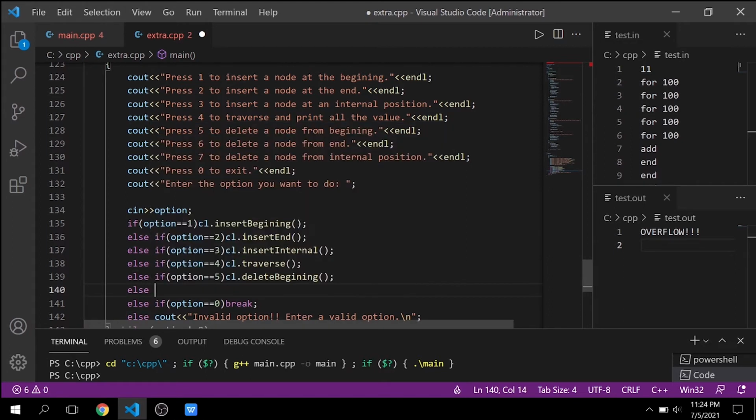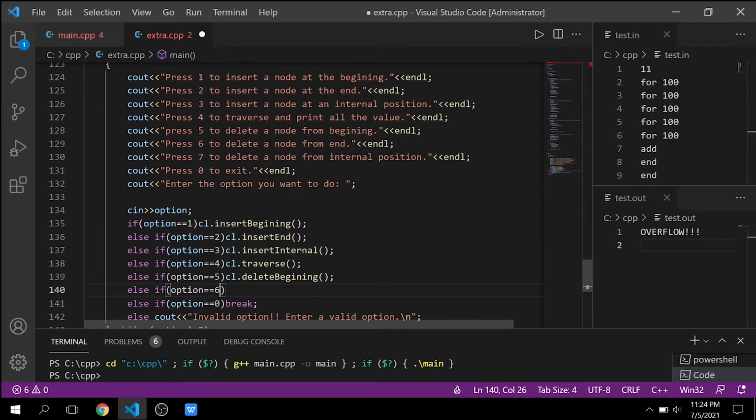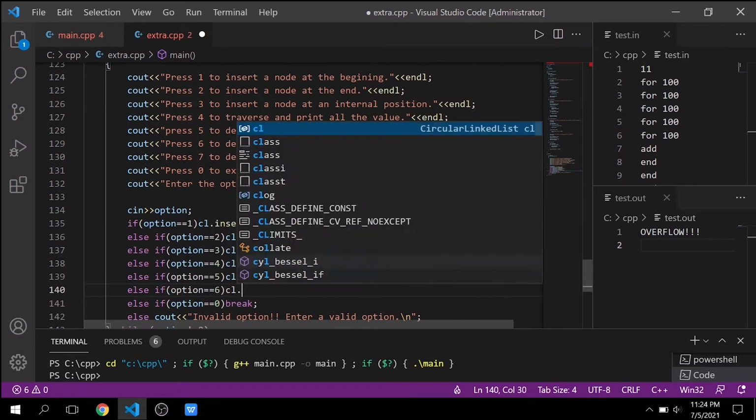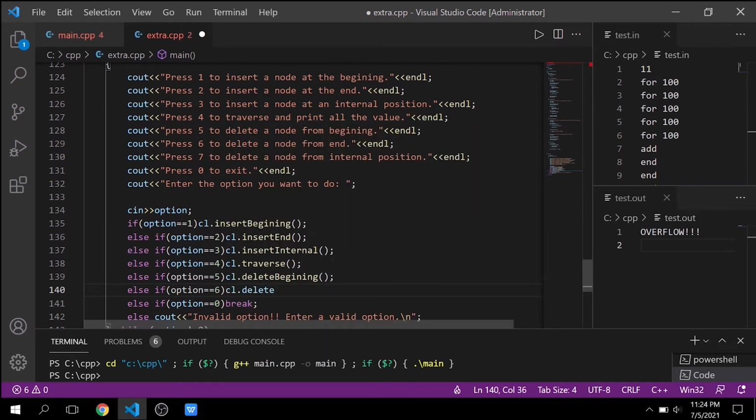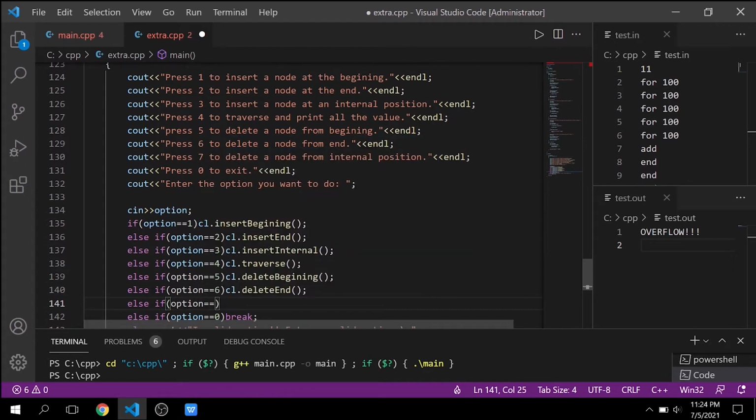Then if the option is 6, we will call the delete end function. Else if the option is 7, then we will call the delete internal function.